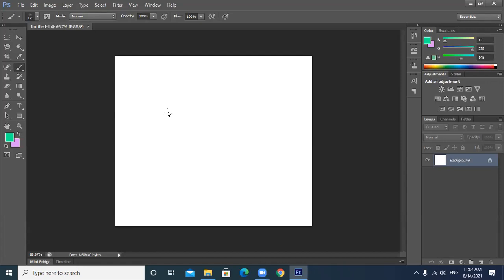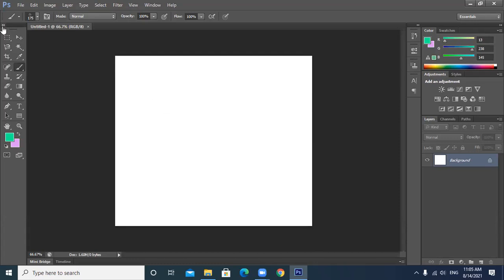And in order to decrease the size of the brush, you can use the left square bracket. You can reduce the size of brush by pressing the left square bracket one time. It will reduce the size of brush. Similarly, when you want to increase, you can continuously press the right square bracket on the keyboard.